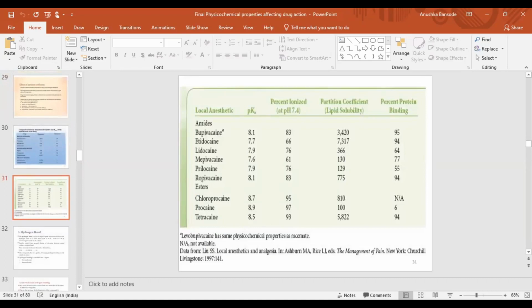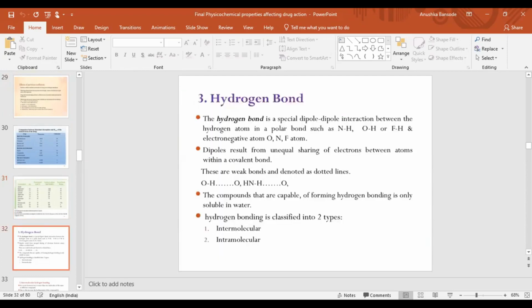This is again the example of a particular category wherein local anesthetics are being explained with pK and the percent ionized at pH 7.4, with the partition coefficient. The next property is about hydrogen bonds. So a hydrogen bond is a specific kind of bond which is special to study the dipole-dipole interaction between the